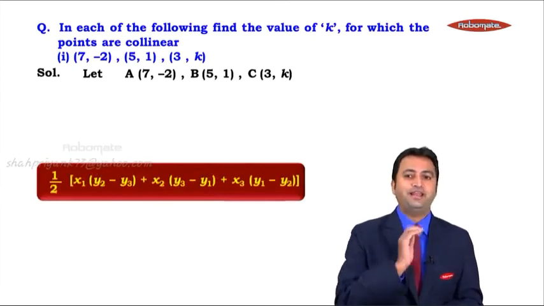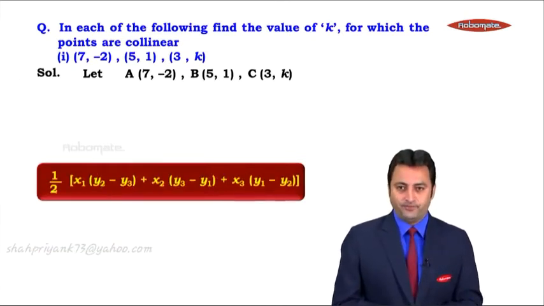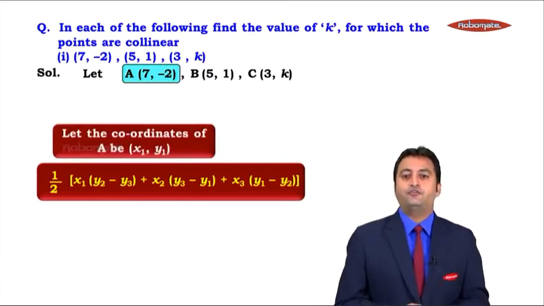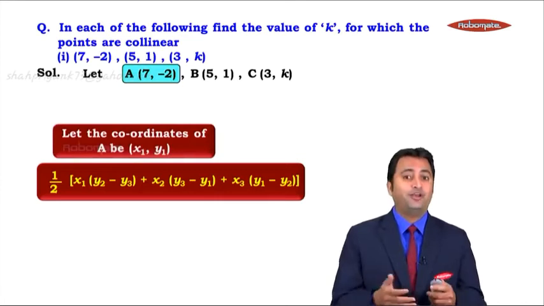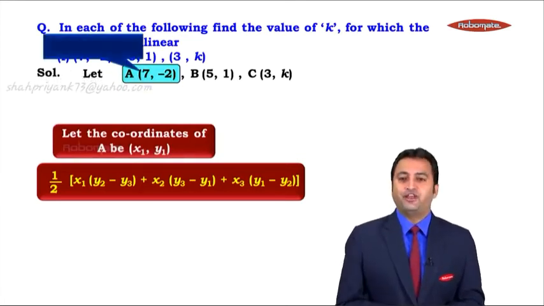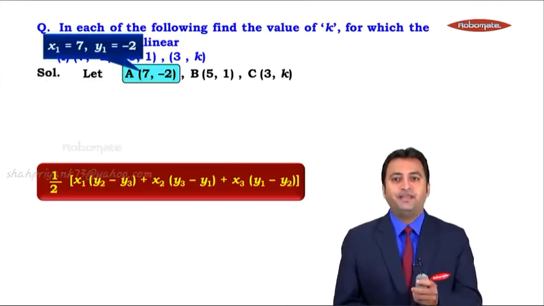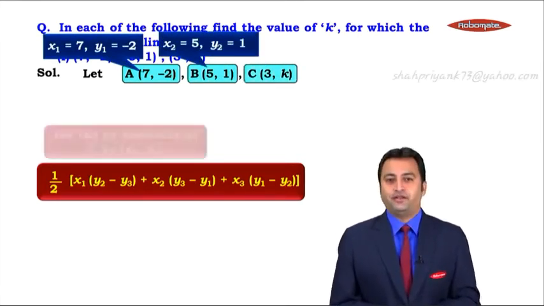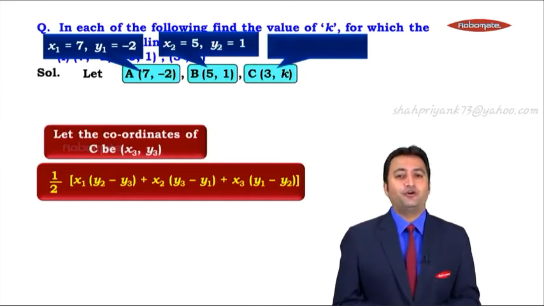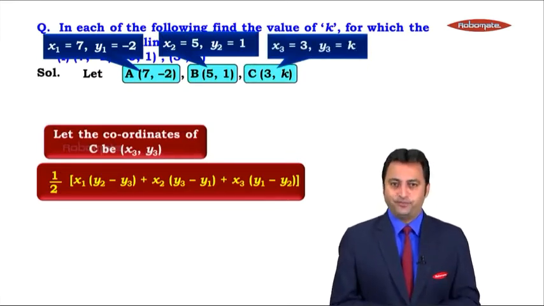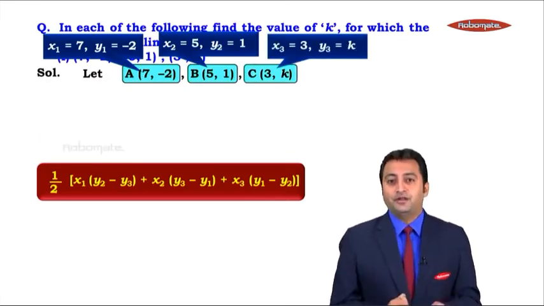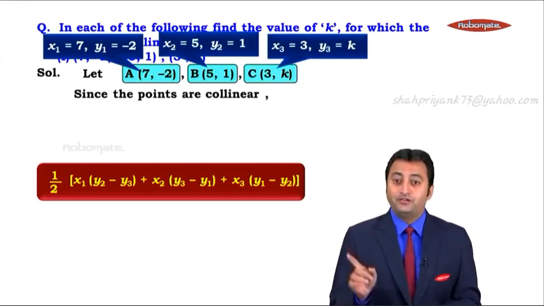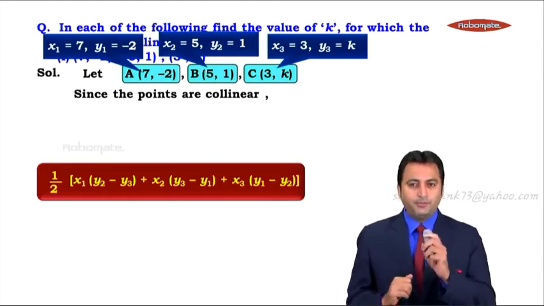Let us find out the area of triangle ABC. So according to the formula, let's see what will happen. Area of triangle ABC requires 3 coordinates. Point A is (x1, y1), point B is (x2, y2) and point C is (x3, y3). So we got all 3 coordinates of A, B and C. What else was given in the sum? The 3 points are collinear. Now this is the new concept. 3 points are collinear. Now tell me one thing.